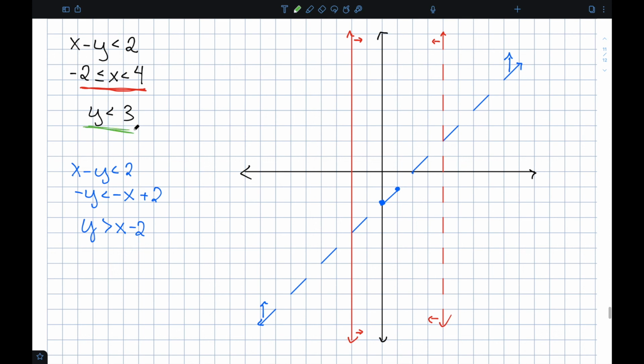Finally, y is less than 3. Y less than 3 tells me that I have a horizontal line at y equal to 3, and that it's dotted since I'm just less than 3. In addition, since y is less than 3, I need to shade below this line. I need to shade on this side. So I need to shade above the blue line, between the red lines, and below the green line. So this region right here,